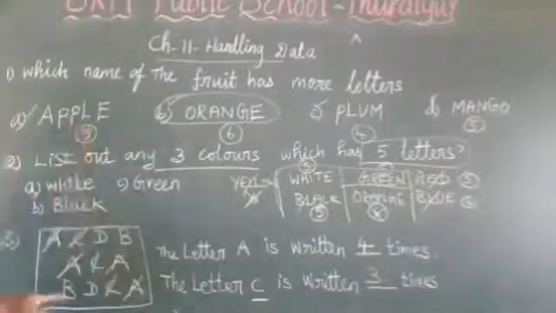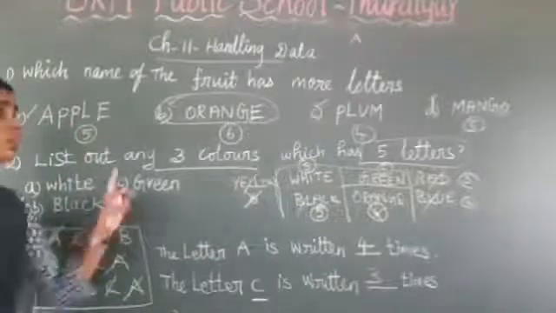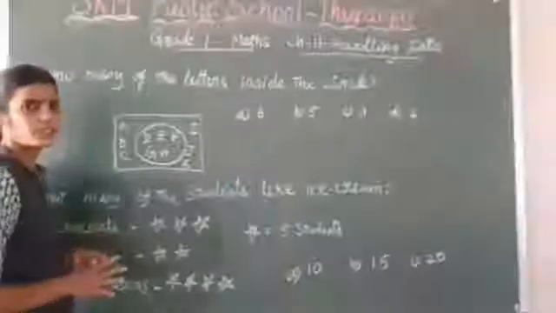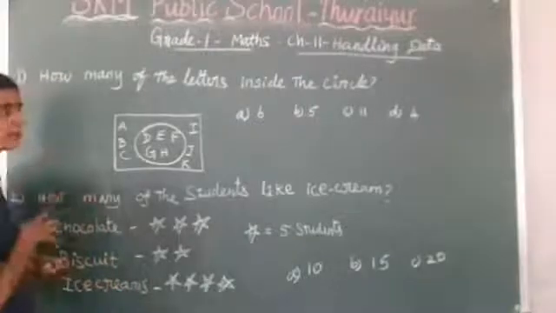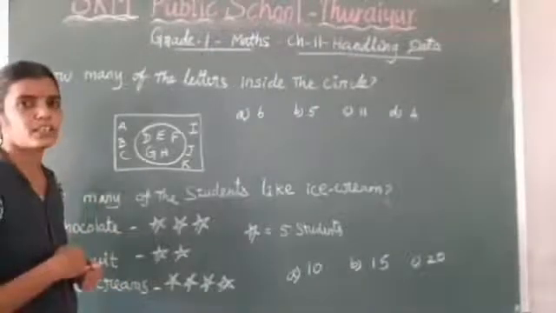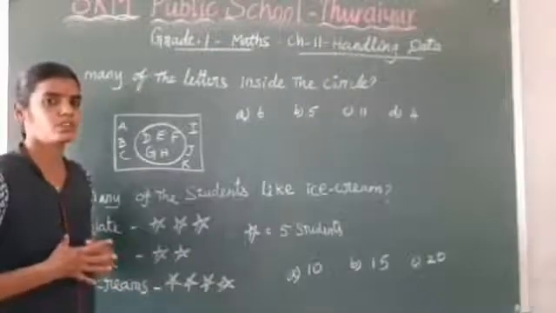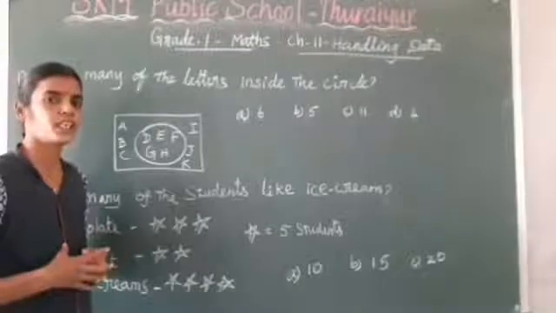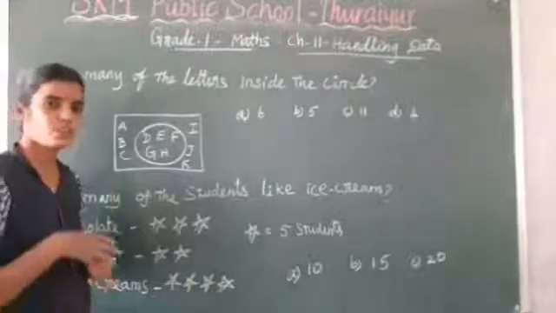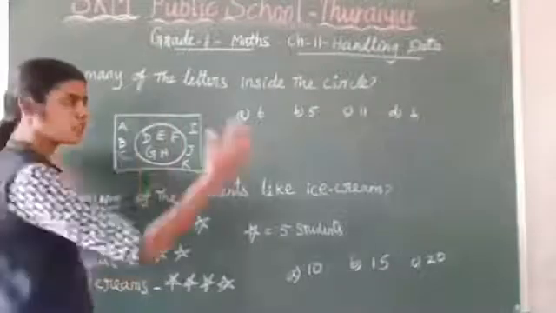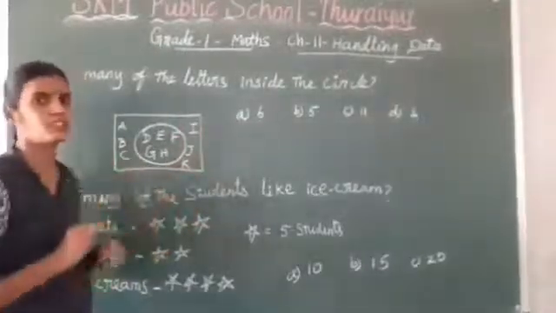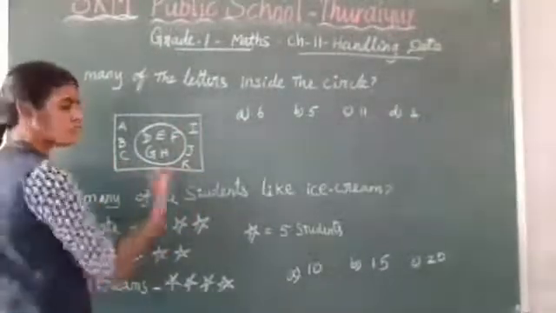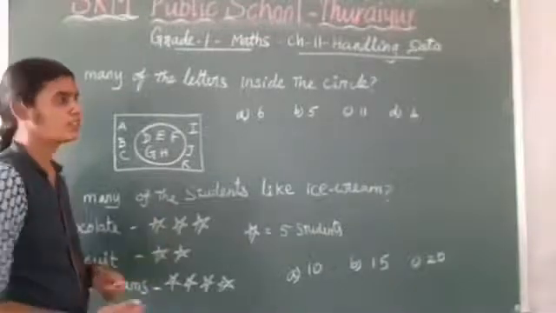Okay, so this information is called handling data. Choose the best answer, questions only. First question, what is meant by data? You already know. Say along with me, what is meant by data? Yes, a collection of information. A collection of information is called data. Next we have to see the different types.